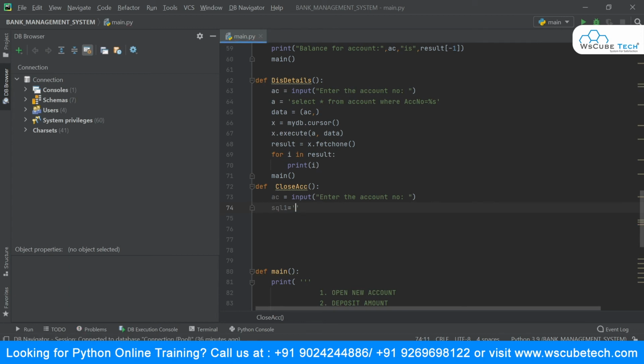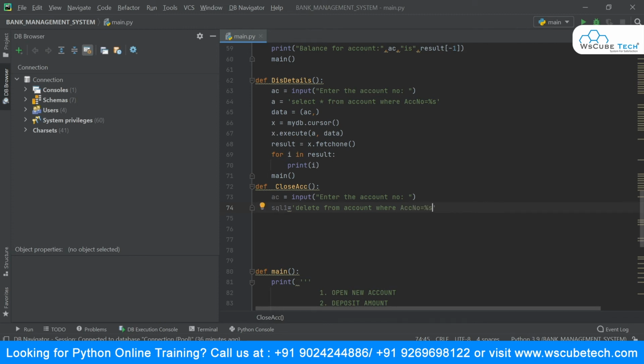So what I want to execute is a query to delete the record from the account. I will say delete from account where account number is equal to percentage.